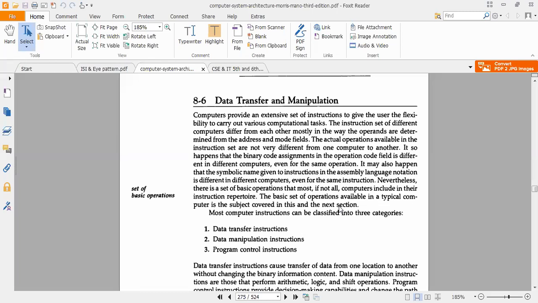Whenever you are transferring the control of the program from one place to another, you have to store the content of the program counter. As you know, the program counter contains the address of the instruction which is to be executed next. So if you are at location 3000, the content of the program counter should be 3001, that is, the instruction to be executed next.